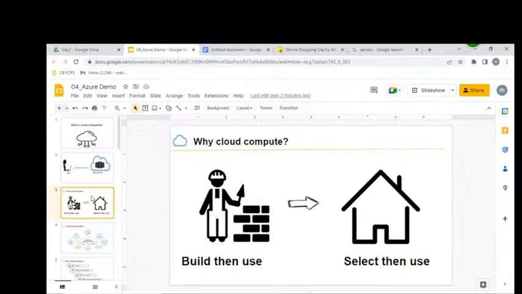We are not buying anything; we are getting rental-based infrastructure. An example which is easy for you: build, then use, or select, then use. Always select, then use.